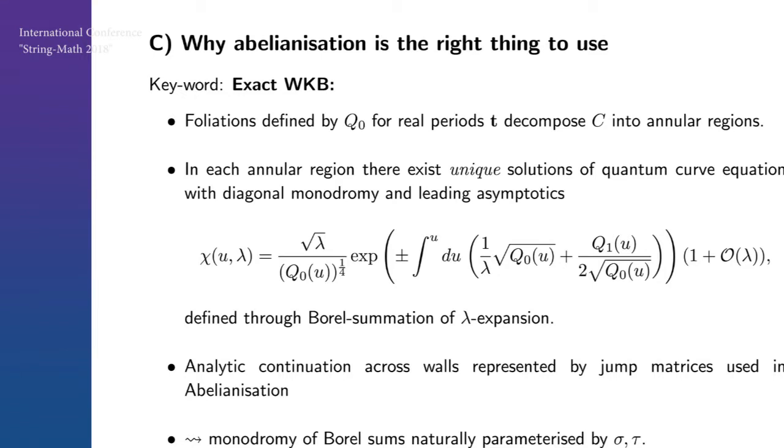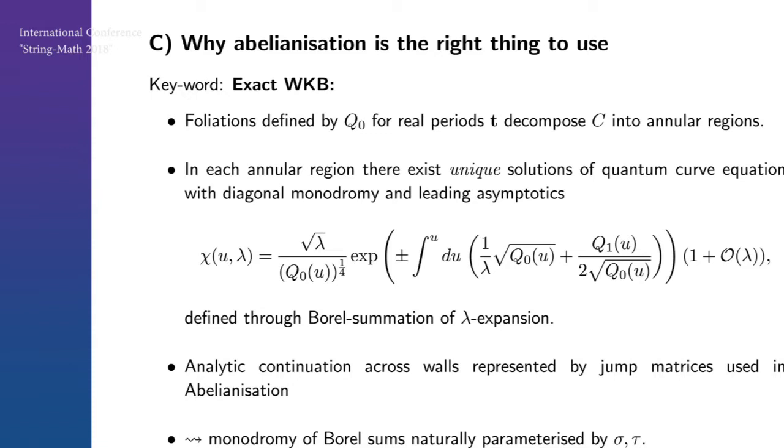Namely, you can, of course, formally easily write out the expansion here in powers of lambda that is defined by some recursion relation. In general, this need not converge. However, in this case, what you can do is to Borel resum this expansion. This has been proven in the mathematical literature. And then doing this in this context and in this setup of abelianization,